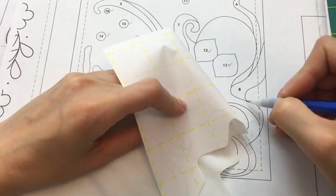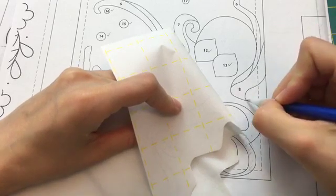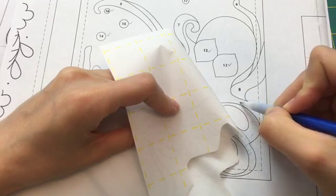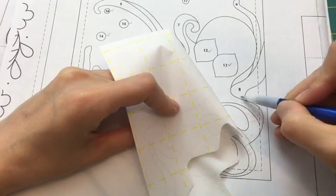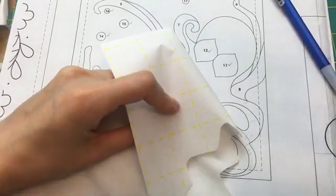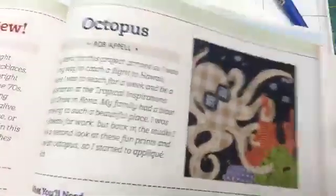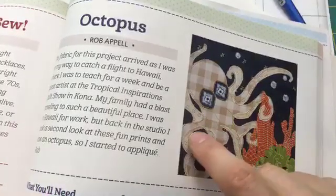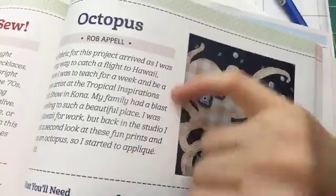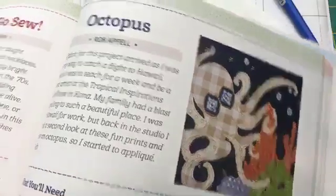So do we think that this number 8 goes behind? I kind of suspect it does. I think there should be a little dotted line here as if this part of the tentacle goes behind the main part of the body. If we look at the original picture, I'm trying not to move because I'm tracing still. It looks like this whole leg is kind of behind the main body, right? So let's actually do that. Let's put it behind